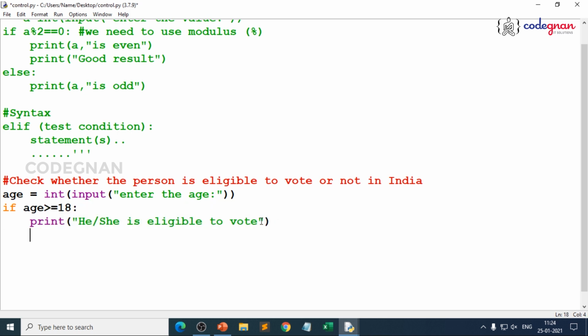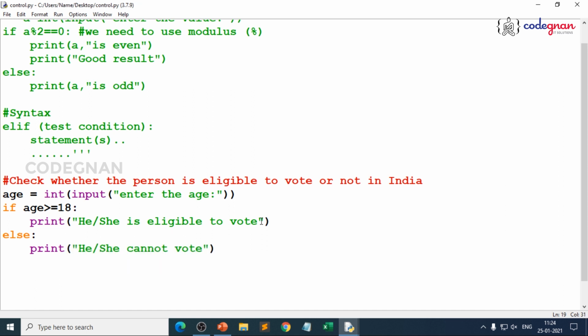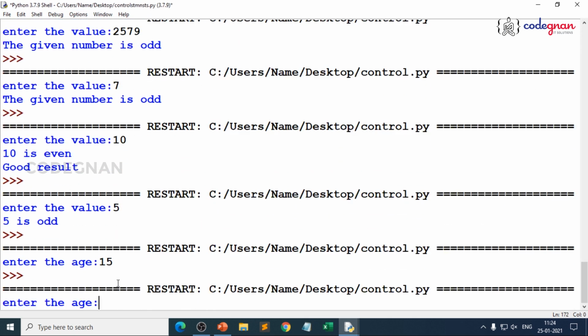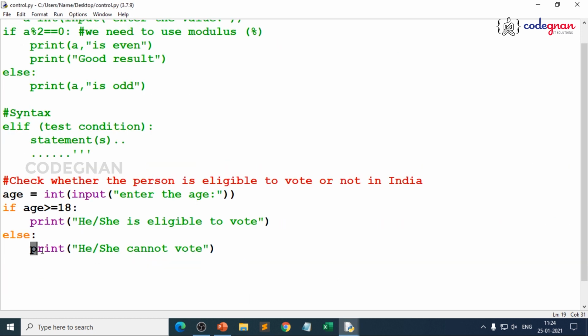There you go. What do you use? You make one more condition where you wanted to end this, else. Okay, if I give else, print "he or she cannot vote." That is the other clause, right? Don't worry, I told you I'll explain about elif and I'm not using elif. I'll make it very simple. You need not worry about it. So if I execute it directly and if I enter 15, obviously you are getting some result. What is the result? The else block result, because in the else block you gave he or she cannot vote, right?